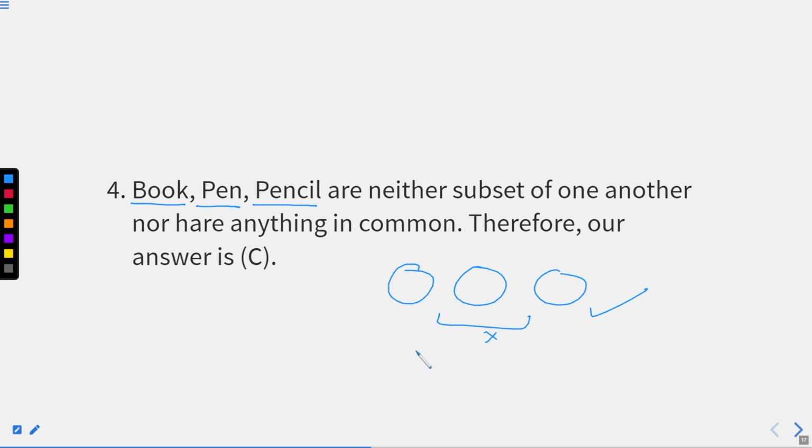Till question number 4, I think I have explained well. Till now you have understood what a Venn diagram is, how a Venn diagram is used, and how the application of a Venn diagram is helpful while solving these questions, right? Or to represent the relation between things that have something in common, or that are totally different from each other. All these things can be represented with the help of a Venn diagram. I hope this part is clear.